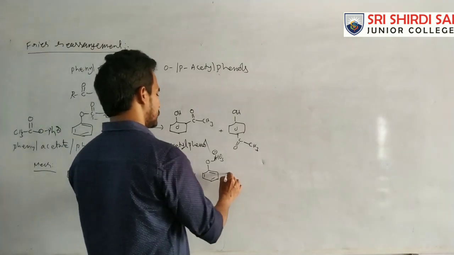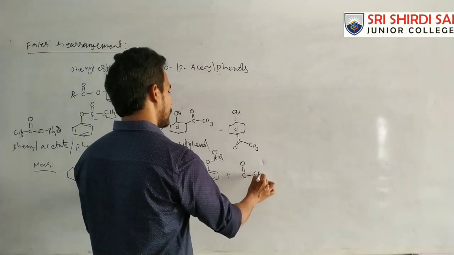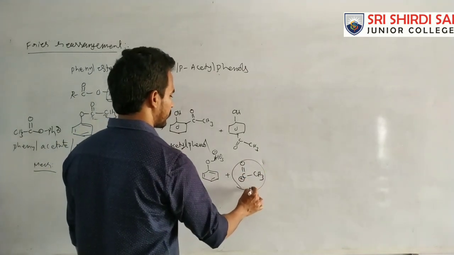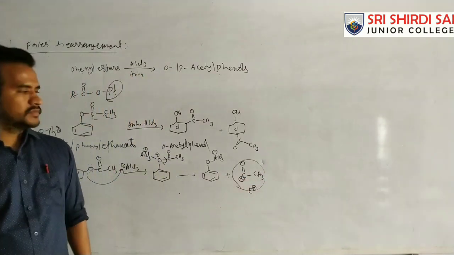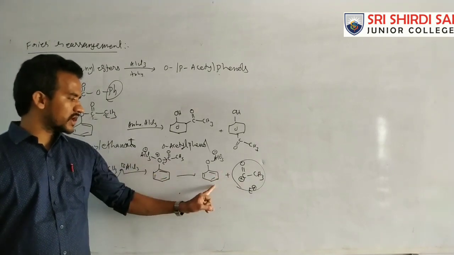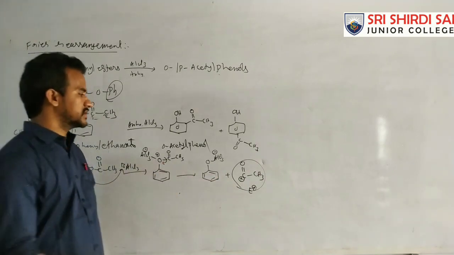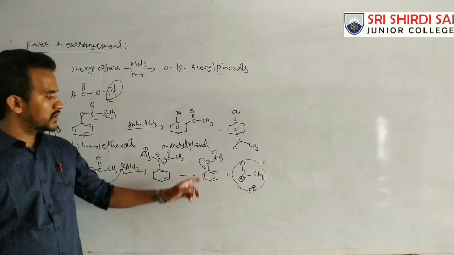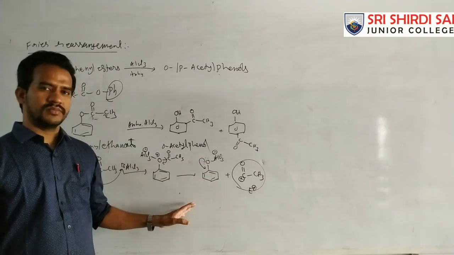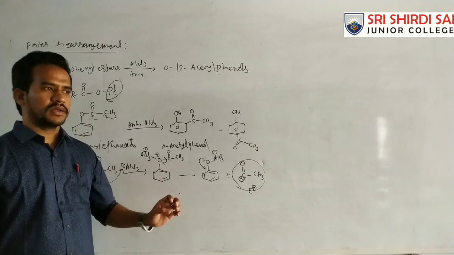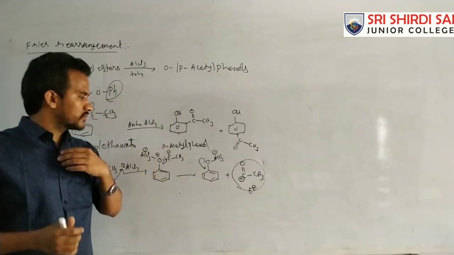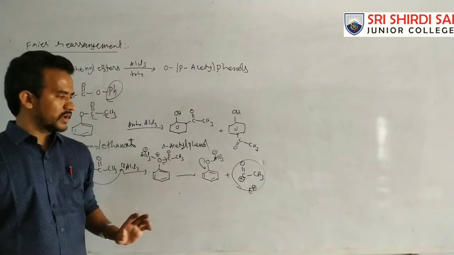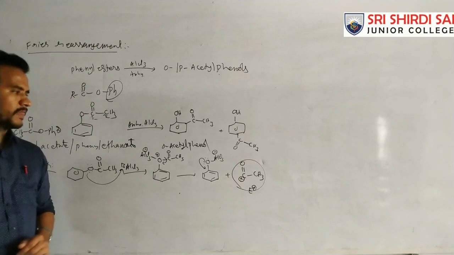Now here this carbon carries a positive charge. This is nothing but the electrophile, that is acting as an electrophile. Now this electrophile attacks the ortho position or para position. In this case, this oxygen has non-bonding electrons. By donating non-bonding electrons, that is acting as an ortho para directing group. That is an electron donating group, so all electron donating groups are the ortho para directing groups. So then the incoming electrophile attacks at the ortho and para position. This is an electrophile, formed from the reacting group.